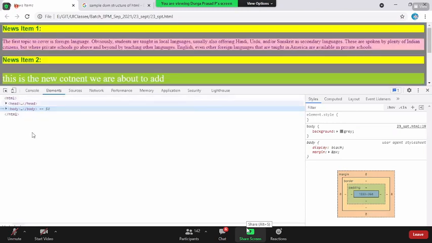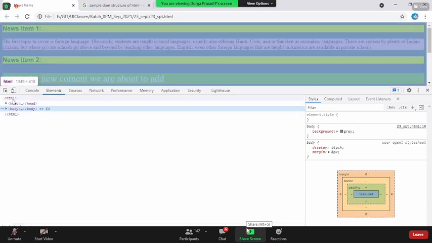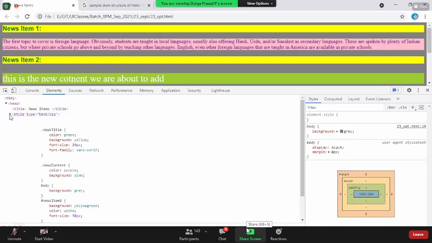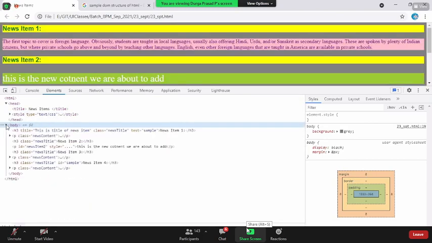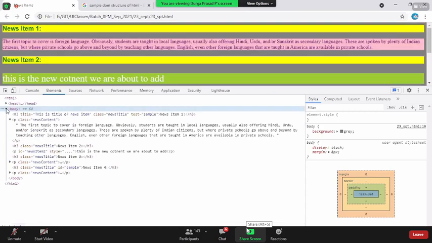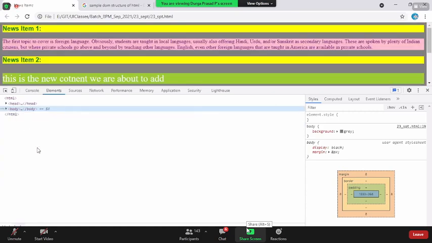Now, if you see, this is what our DOM structure is. HTML is the tag. Under that, there are two children, the header tag and the body tag. Once you expand this header part, there are two children again, the title tag and the style tag. The style tag even has an attribute. Now you expand the style tag, it has its own content. Now you have the body tag. Now you expand this, and again the tree structure representation of the complete web page is shown under the Elements tab.